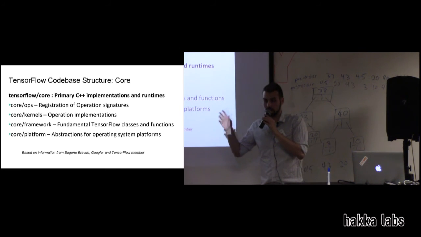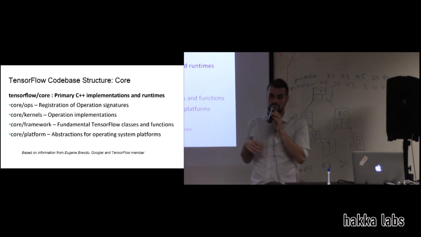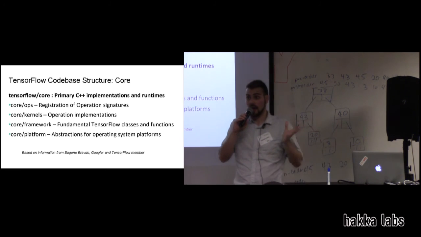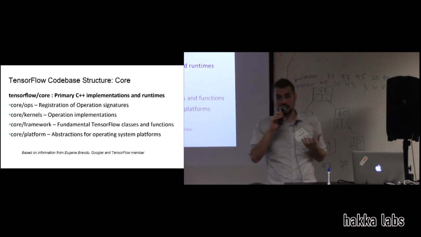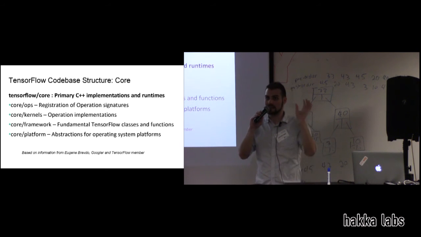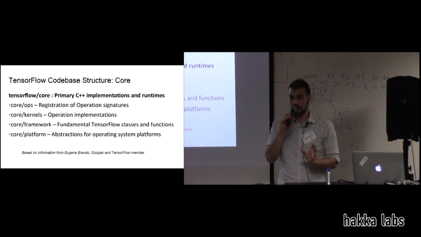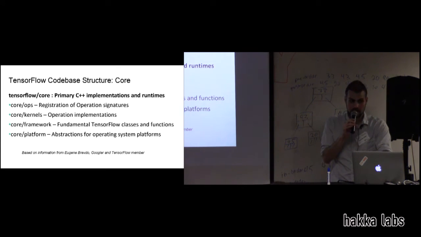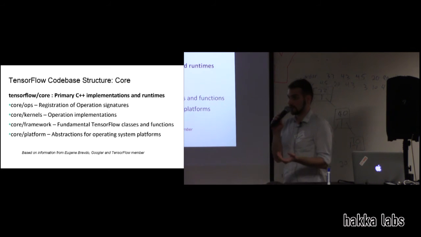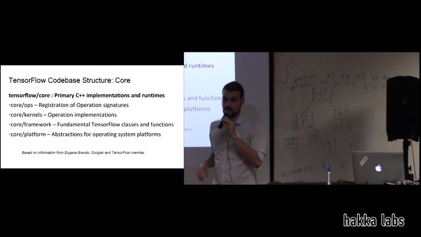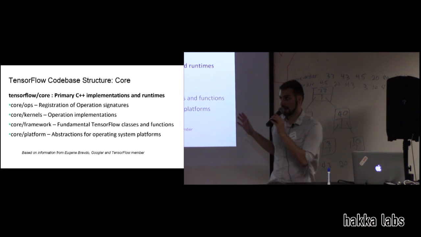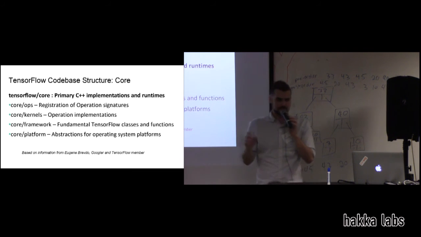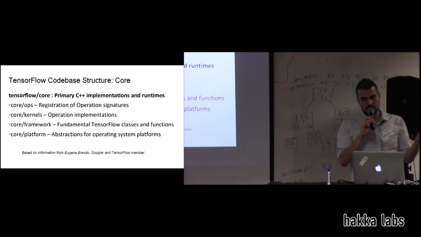The way that TensorFlow works is that it has a fairly sophisticated and integrated way of saying, okay, I'm going to have these operations available to me, and in order for this to run, it needs exactly these parameters, right? So that's registered in core/ops, and then in the kernels is the actual implementation of this code, right? You'll see some files that end with .cuda.cc, and those are the GPU implementations.